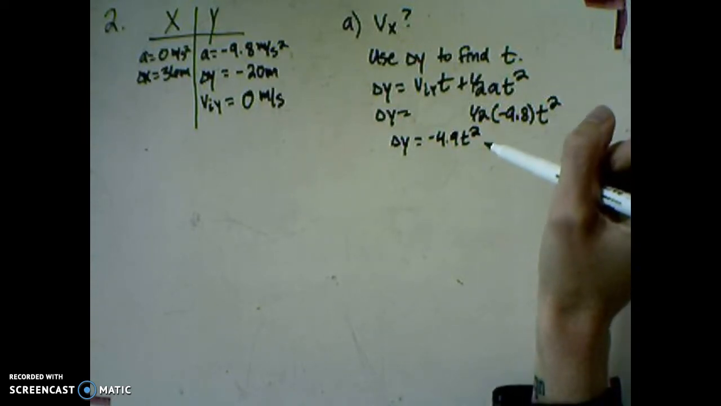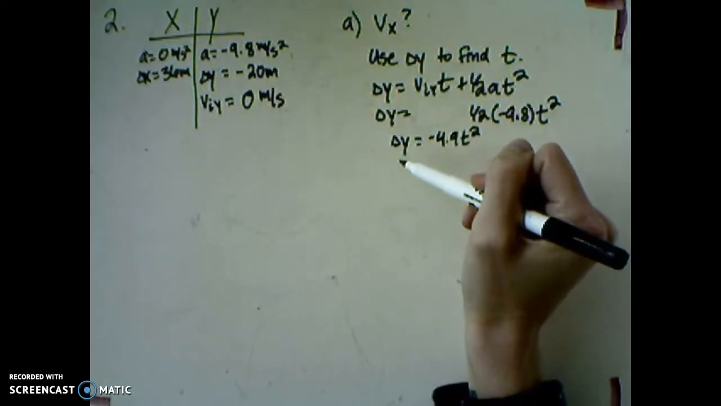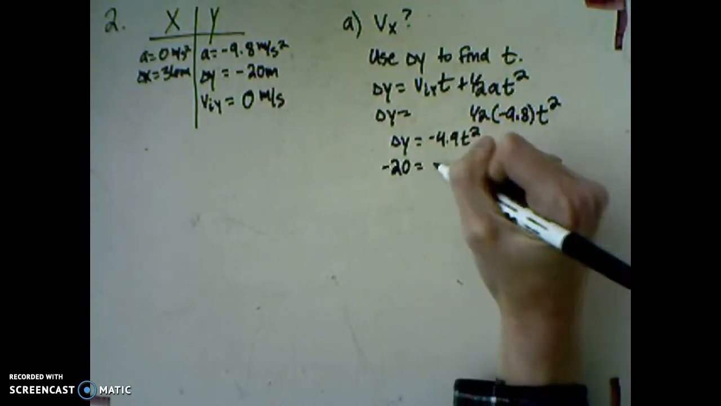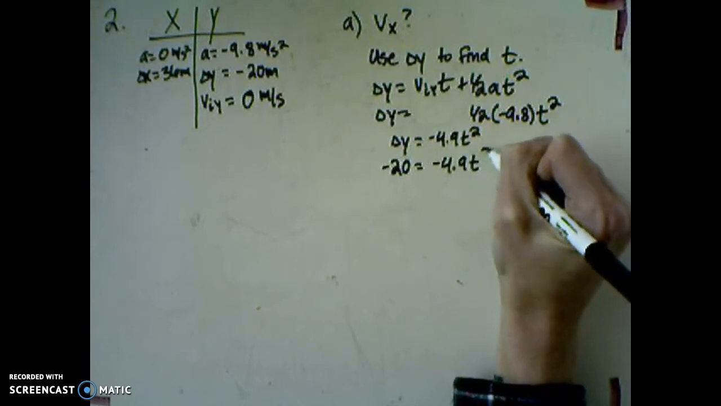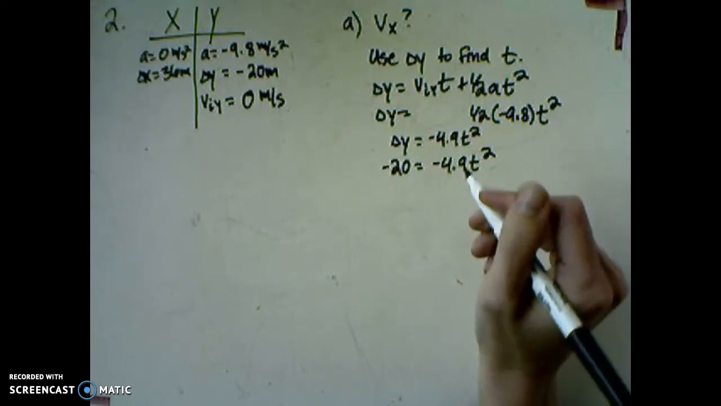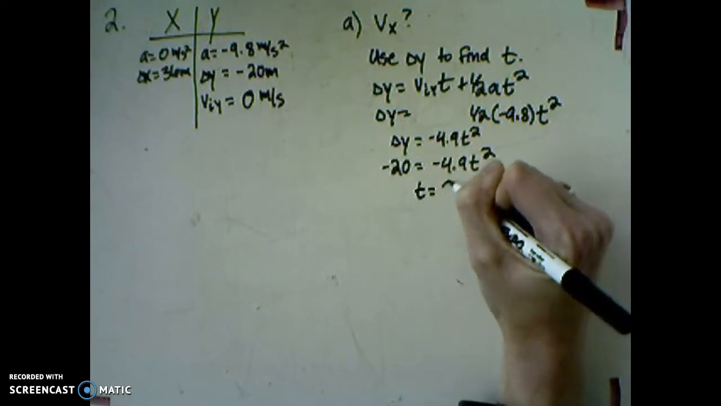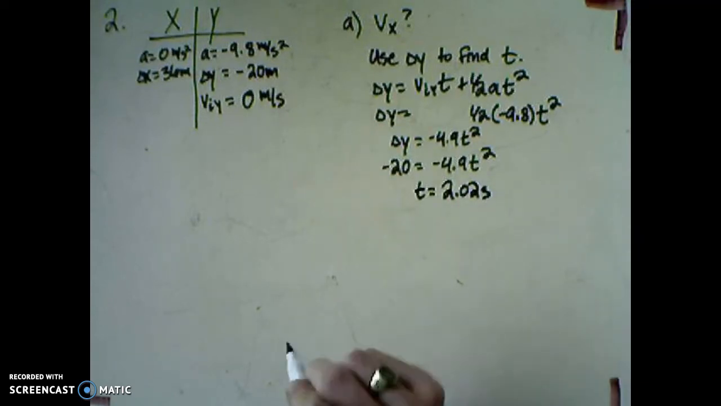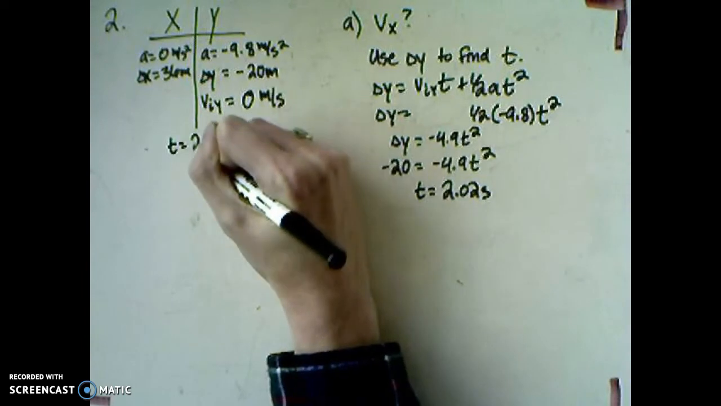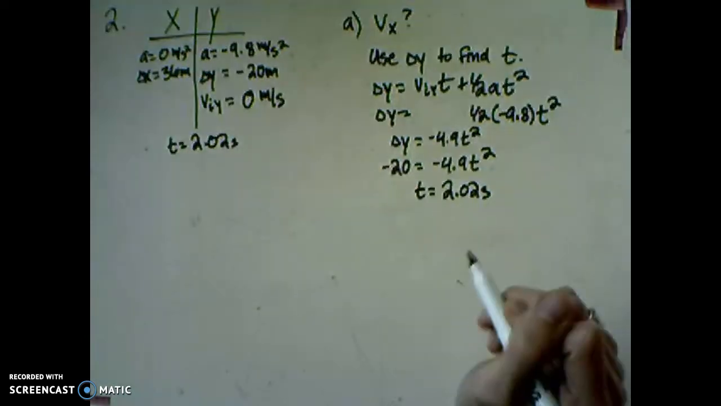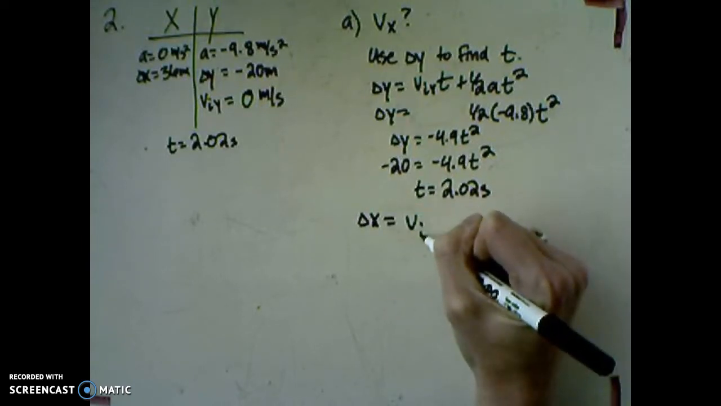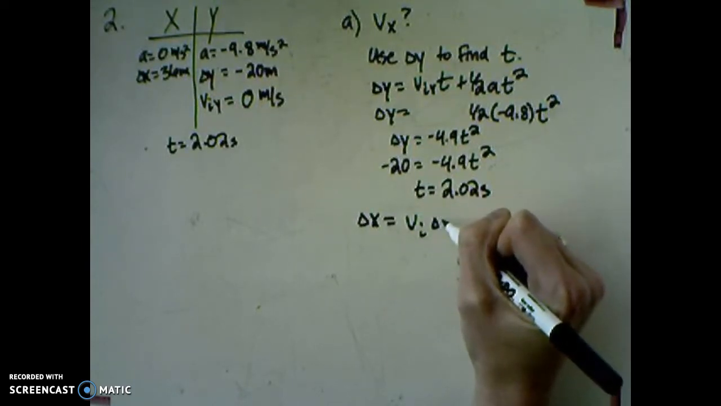I have another piece of information though. I actually have delta y. So let me fill in delta y, which I can see in my chart. Here is negative 20 equals negative 4.9 t squared. Solving that in my calculator gives me a time value of, rounded, 2.02 seconds. Now that I have the time piece, remember that goes in both columns and communicates between the two, I'm going to plug that in to my delta x equals vi delta t,